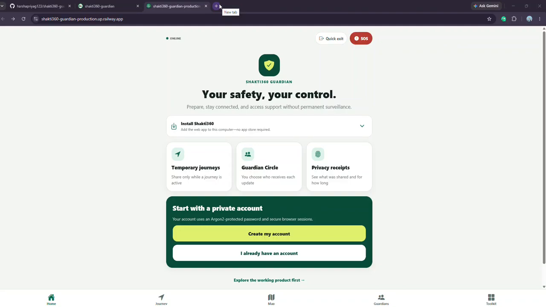This is Shakti360-guardian. I am participating in a Dora Hacks hackathon. So this is my project,